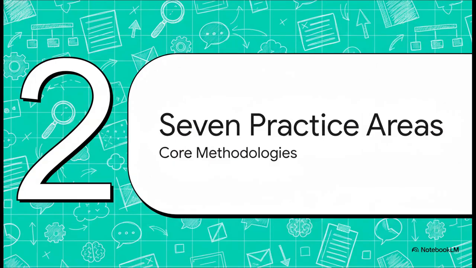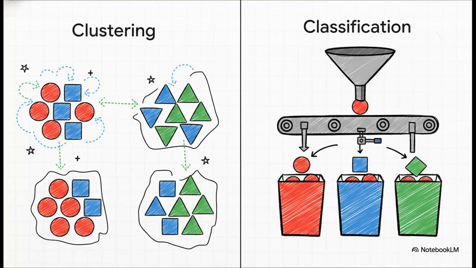Section 2, the 7 practice areas. This right here is essentially your blueprint for text analytics. It maps out the specific methodologies you absolutely need to memorize. Now, out of these 7 core areas, you really must be able to distinguish between items 2 and 3 for